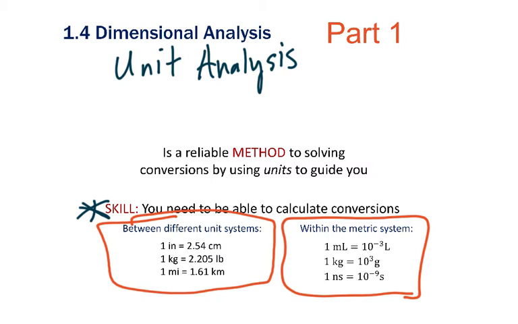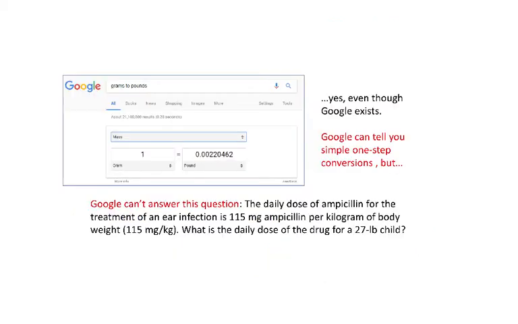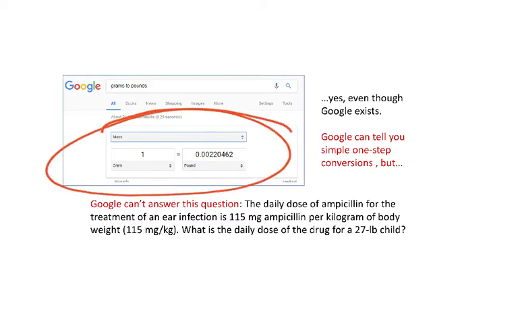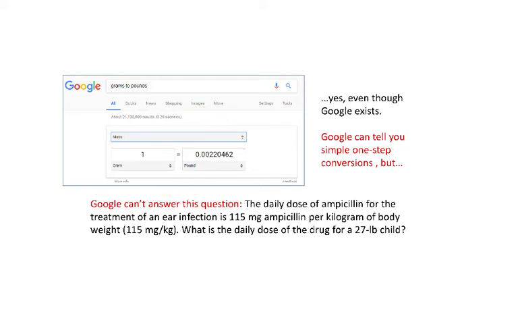I say that this is a skill that you need to develop. And is that true even though Google exists? I mean, come on. Can't you just type it into Google? And indeed, this is actually incredibly useful. And yes, Google can tell you a simple one-step conversion, right? If you know exactly what you want, a certain number of grams into pounds, perfect. But of course, our life is not that simple, and we're going to be dealing with problems that Google cannot